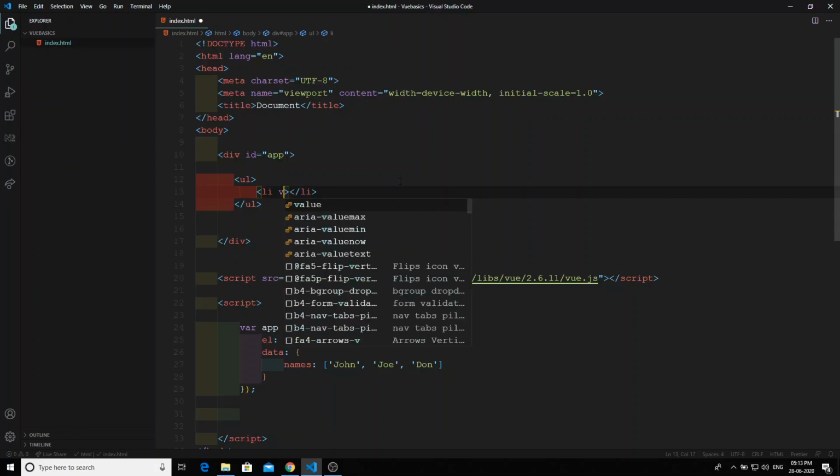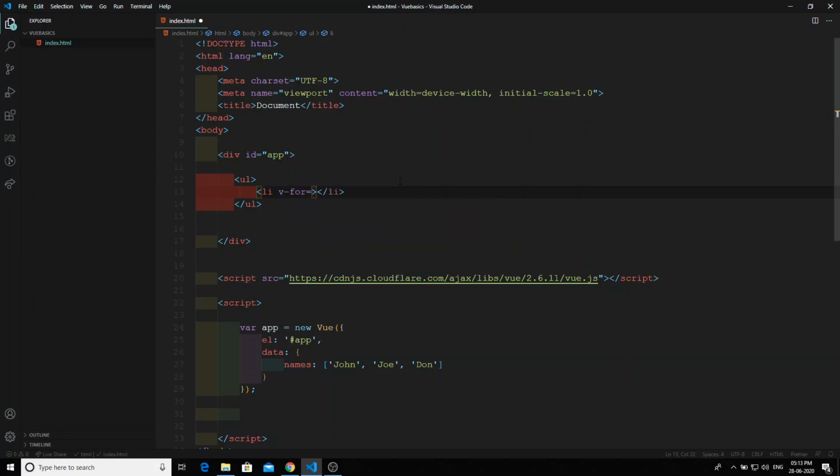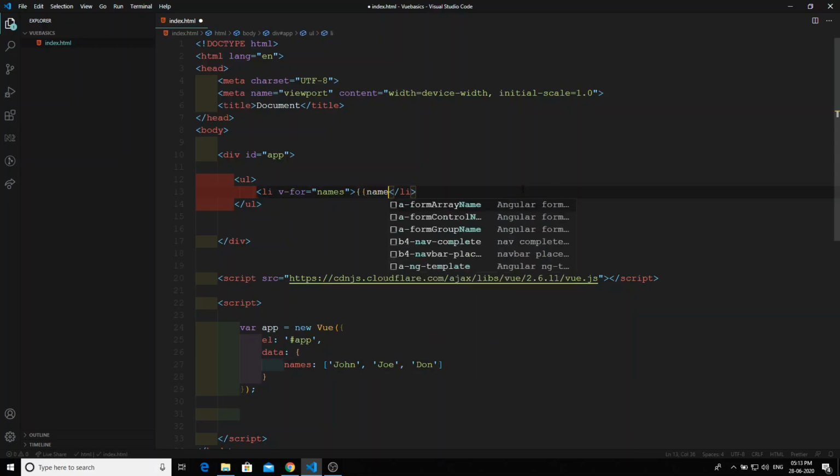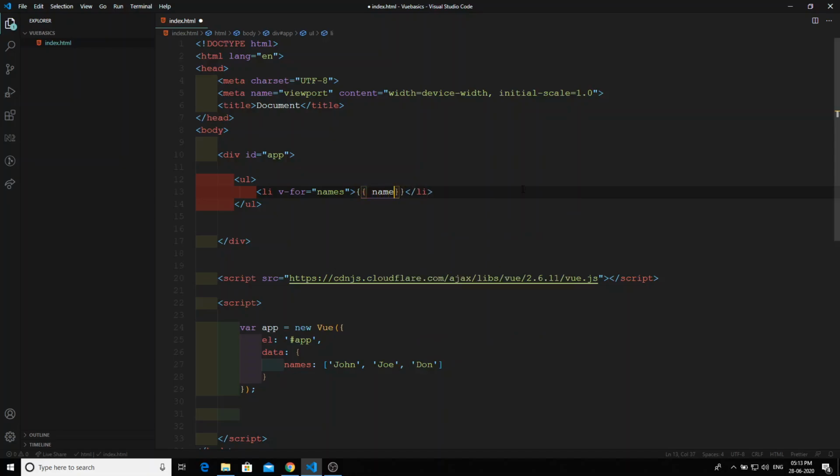In Vue we can use vFor in order to loop over the array of data. So in the vFor I took the names. Each and every name I need to take from the names array and display it here, a single name. How can I display that? I need to take each and every name in the names and display it. So this is the syntax of the vFor: vFor name in names. Take each and every name in names and display the name.